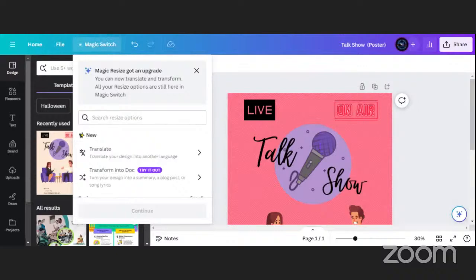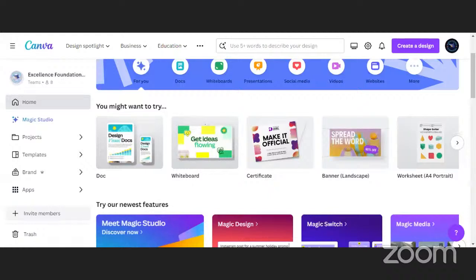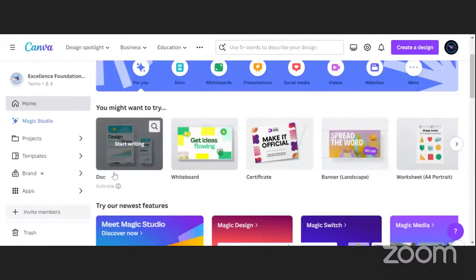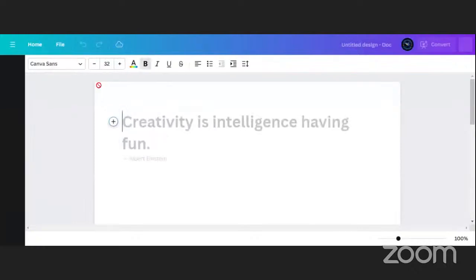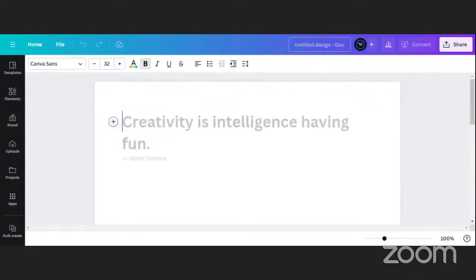Another thing is, let me just show you this. When we come back to home, you will see that Canva has this here called Docs, Canva Doc. Okay. So the Canva Doc is just like a Microsoft Word document where you can actually type things and get to write, you see. So for instance, let me just put this: AI productivity tools masterclass.